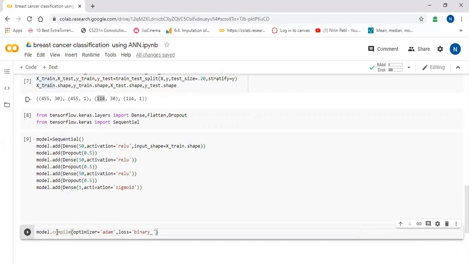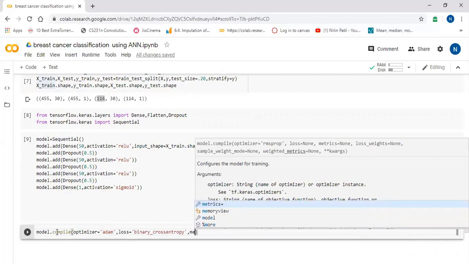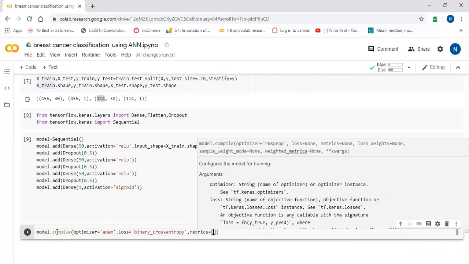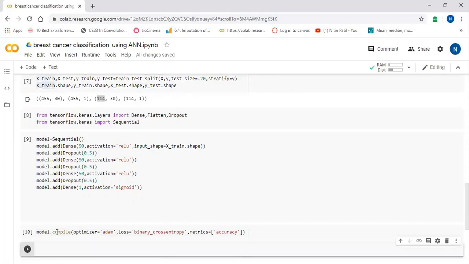Binary cross entropy, and there is metrics. So metrics I will add accuracy. Okay, this way we have compiled our model.